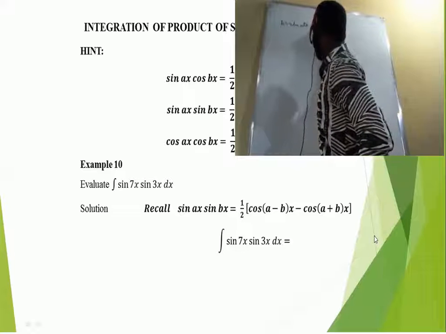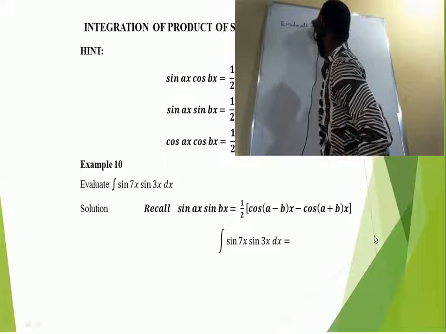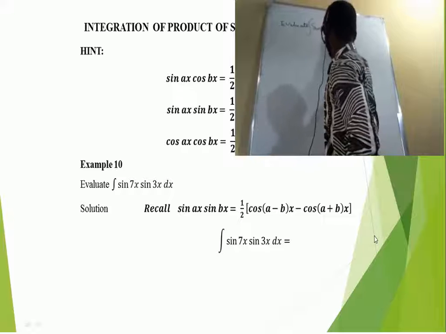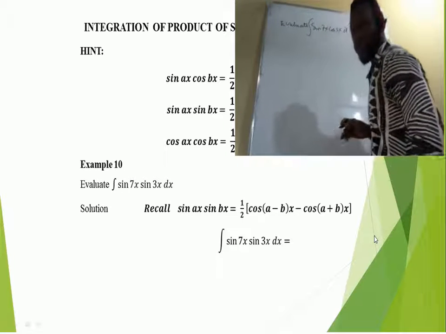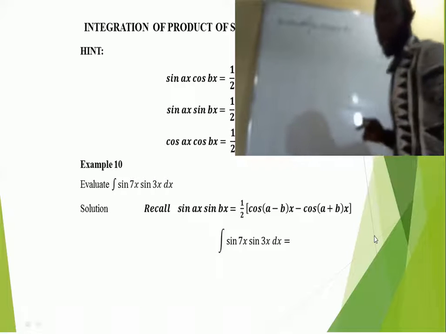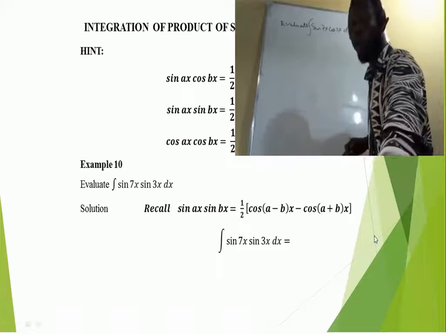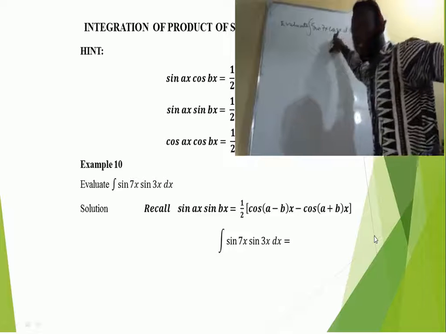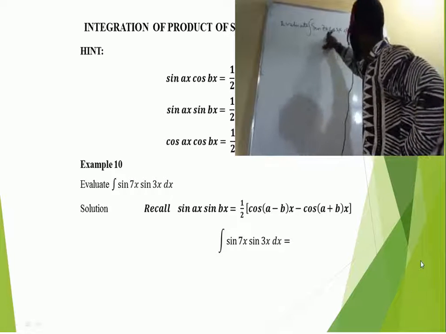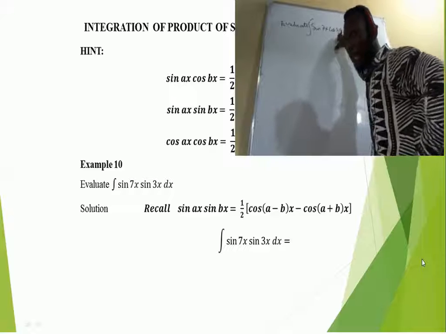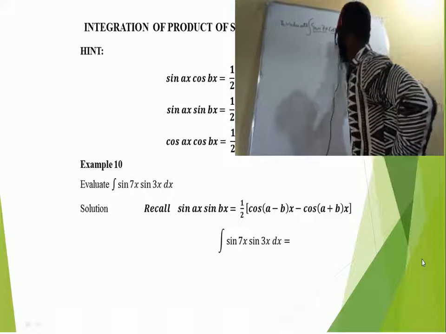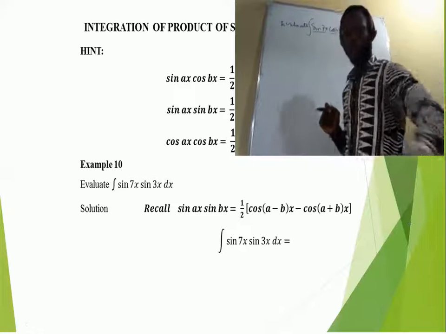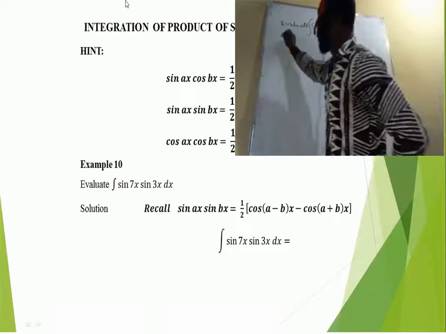the integral of sine 7x cos 3x dx, just like the way we have it here. So what we simply need to do, we can see that we have sine and cosine multiplying each other, sine 7x and cos 3x. So the appropriate identity we are going to use is the one we recall